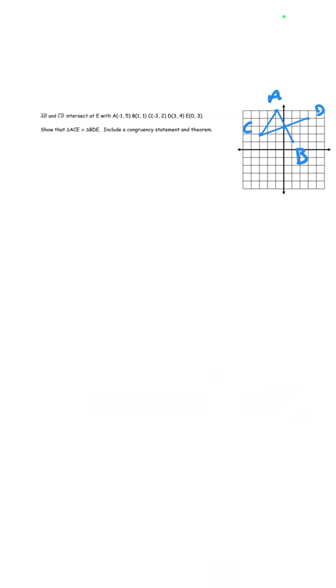There we go. And now, here's what you've got to be careful of. It says that ACE and BDE. So there's the triangles I have. Remember, that middle piece is E. Okay? Now, what I'm going to have,